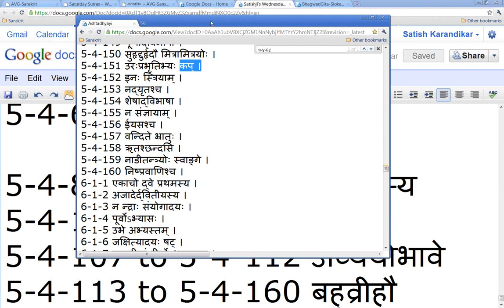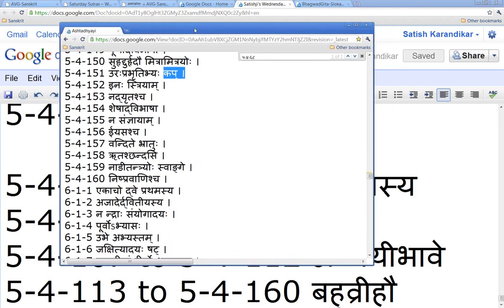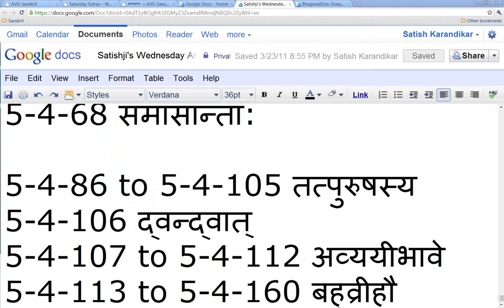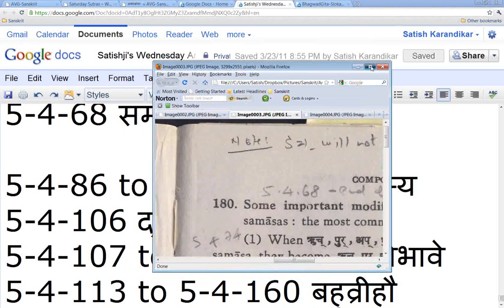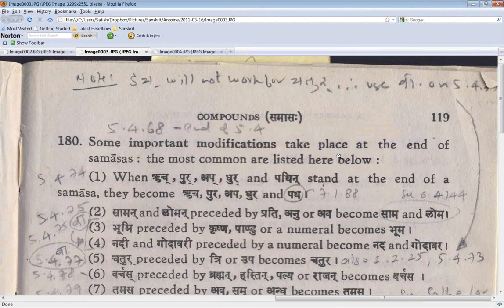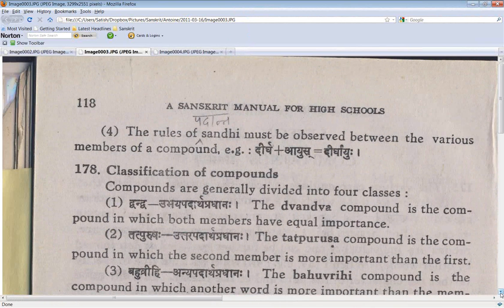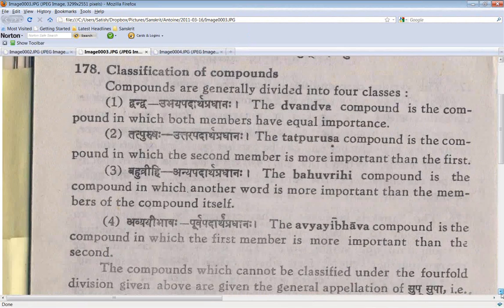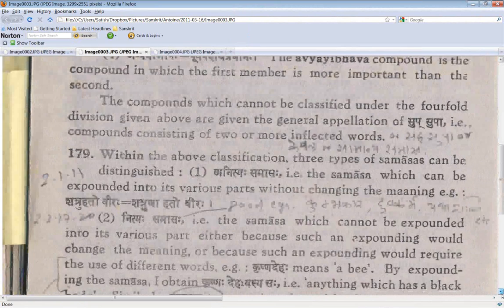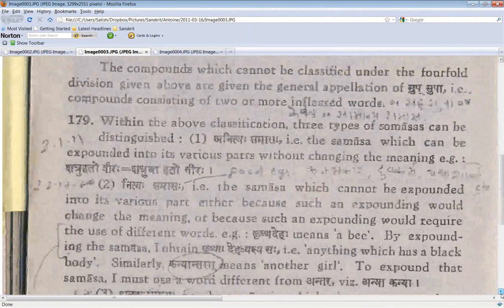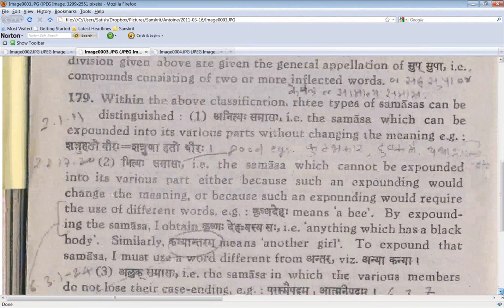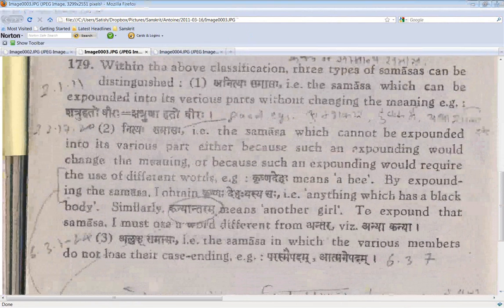Okay, so that is going to come in great detail, starting with the next page, next class. So today a lot of overview. Now, we have only 5 minutes left. Let me not extend the time because we want to try to finish on time. So next time is this thing which is called nitya samasaha, anitya samasaha. Just a 2-minute overview. Try to do some homework if you can.